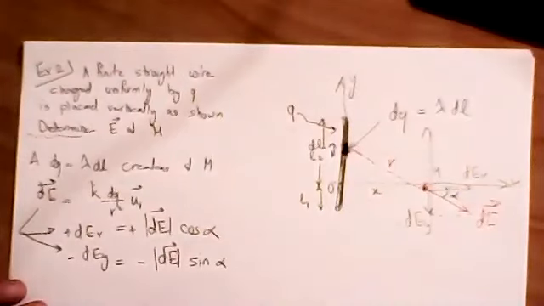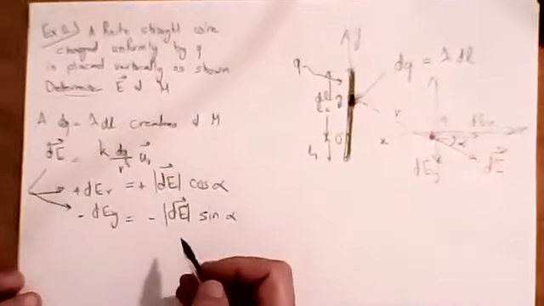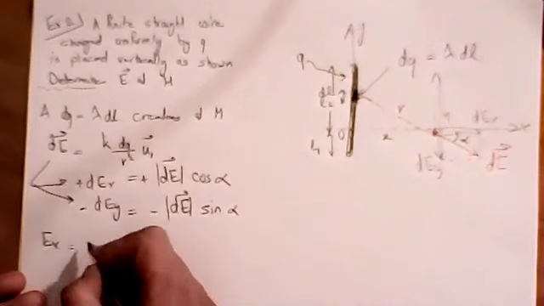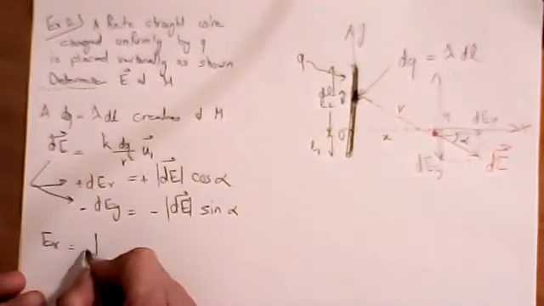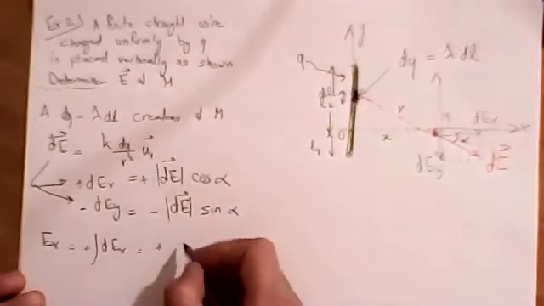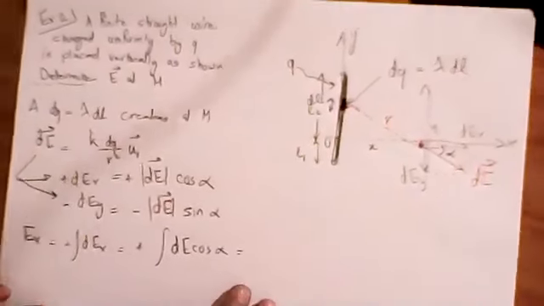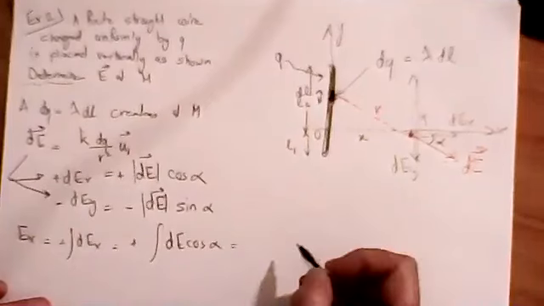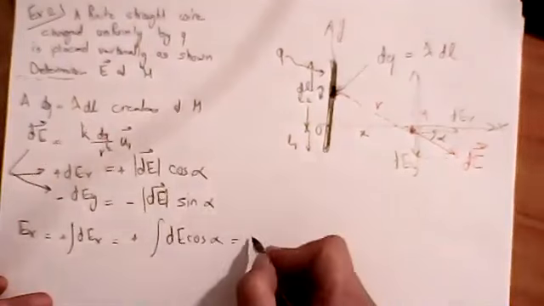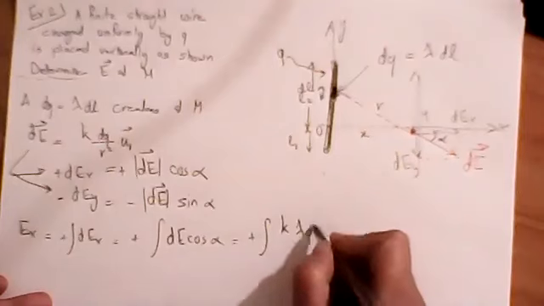Okay. Now once we do this, we're able to integrate. So we're going to say this means that EX equals the integral of plus DEX, the integral of the magnitude DE cosine alpha. Let me put it all as it is, to see what stays in the integral and what goes. So plus integral DE, which is K lambda DL over